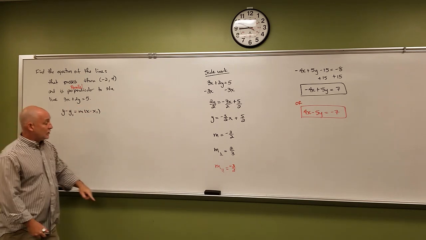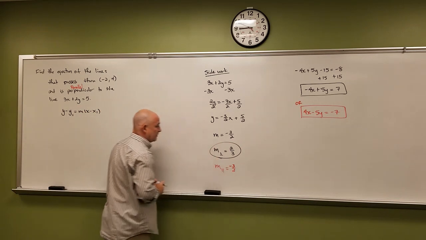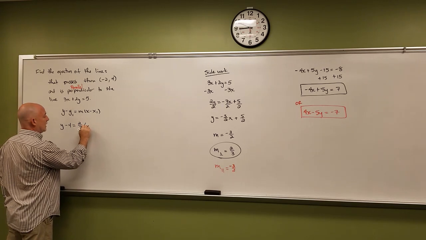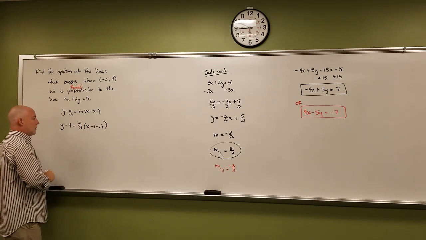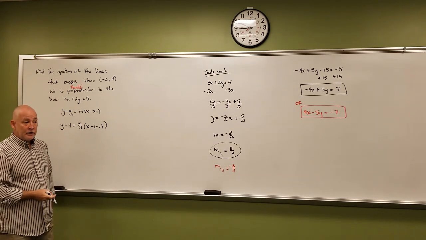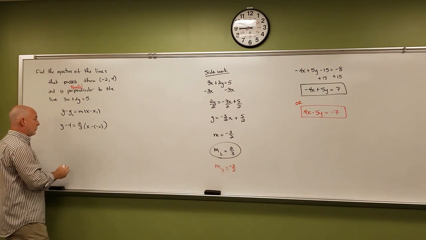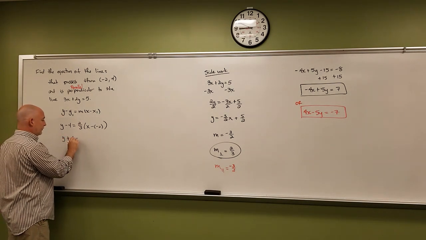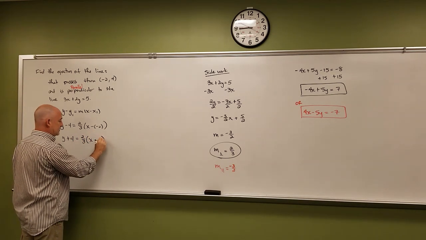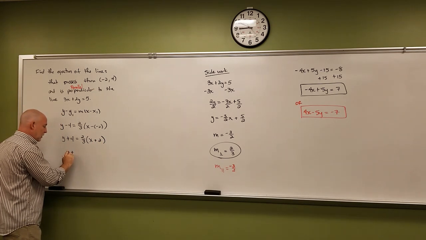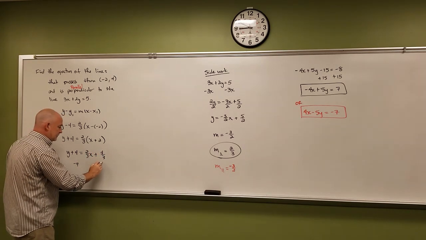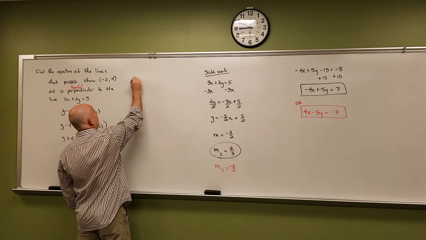Now that we have our slope, and remember we're using this one since we're perpendicular this time, and our point, let's plug this in. I get y minus 4 is equal to 2/3 x minus negative 2. Notice this problem, unlike the last one we did, didn't tell us what form to put our answer in. I highly suggest using slope-intercept form. To do that, we need to clear our grouping symbols. This takes a couple of steps because we have this minus and negative, so that becomes x plus 2. Now distribute, so we get y minus 4 is equal to 2/3 x plus 4/3. Last step, add 4 to both sides, so we get y is equal to 2/3 x